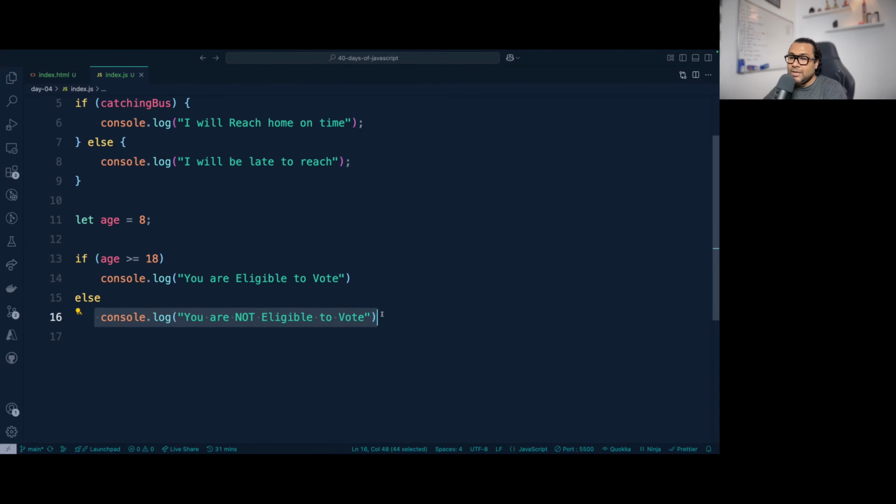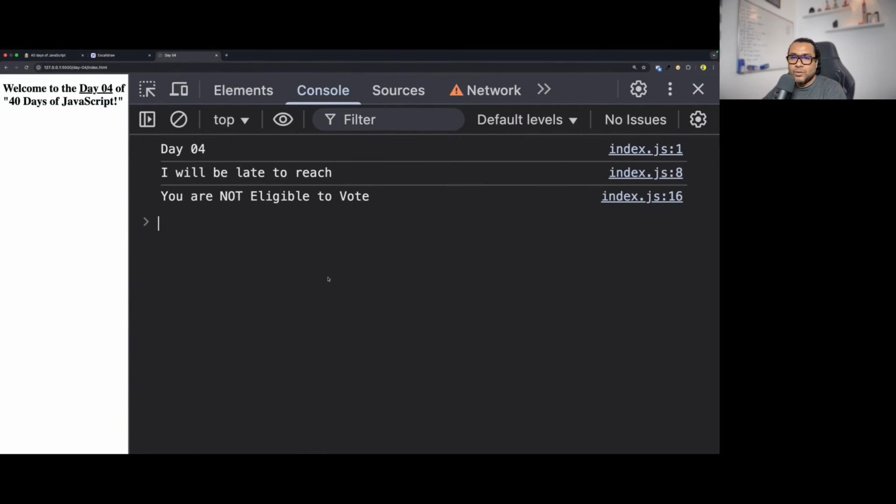But if there are multiple statements to execute, for example, if age is greater than equals to 18, you say you are eligible to vote, then another console.log saying go to the voting center to vote, that means there are two console.log statements to execute. That time you have to use the curly braces. But if there is only one statement to execute in either if or else, you can omit the curly braces. This will also work. See, this is also working.